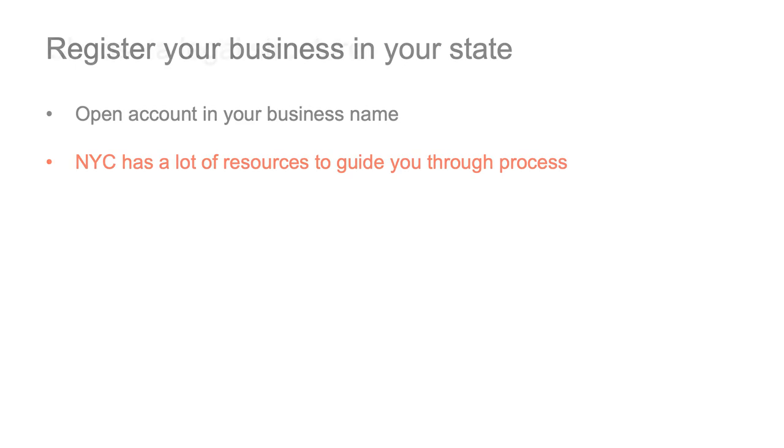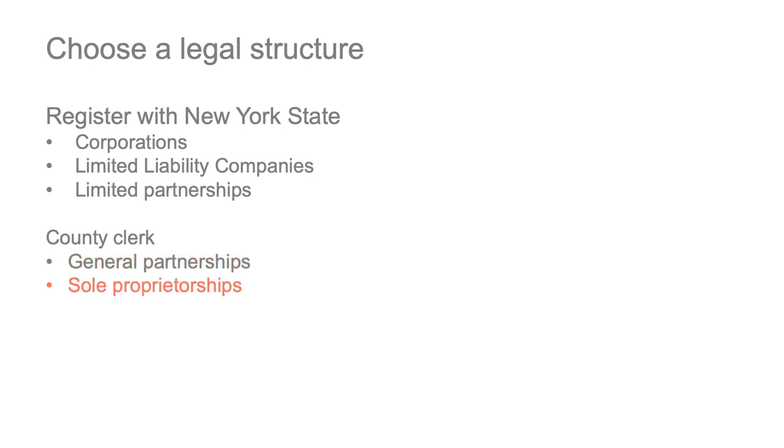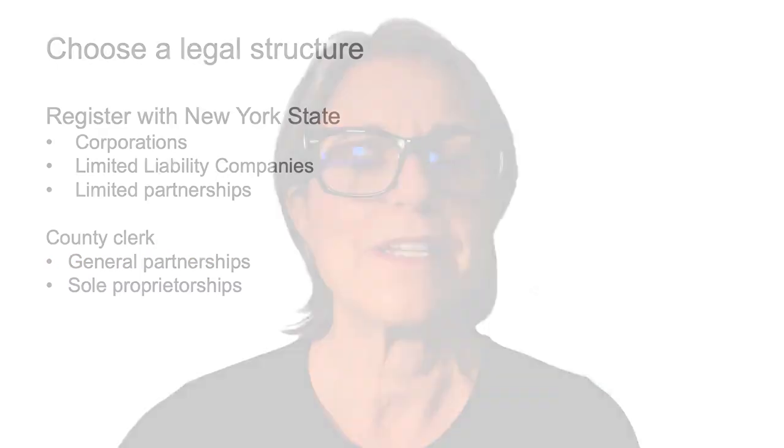First, you'll need to choose a legal structure. Corporations, limited liability companies, and limited partnerships register with New York State, and general partnerships and sole proprietorships register with the appropriate county clerk. In the student activity, I include a link where you can learn the details of these